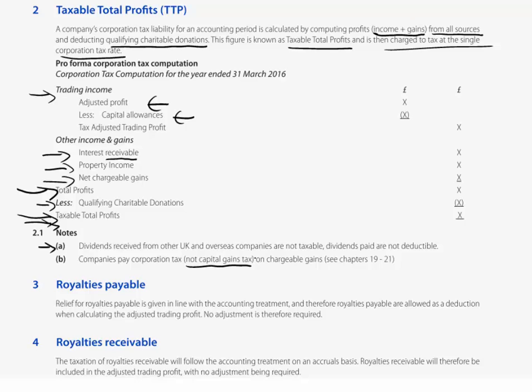In our next lecture, we'll go through the preparation of that computation and the issues that we need to know over and above what you learnt before for income tax, most notably in Chapter 4 and Chapter